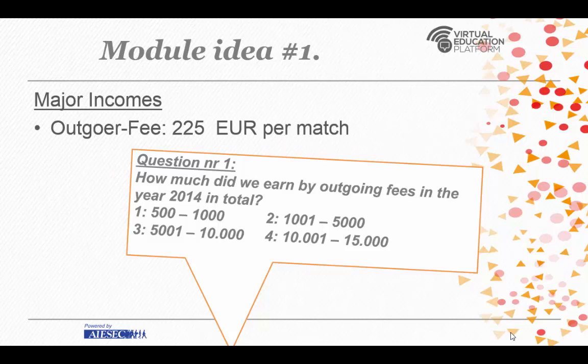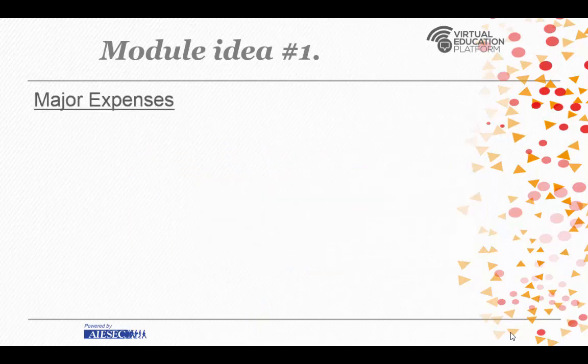After you've presented all the major incomes, you can continue with the major expenses. For most LCs, the major expense will be the LCCF. So you can tell them the LCCF is somewhat the affiliation fee of an LC to the MC. With the LCCF, the MC is financed, and people on the MC will be paid, and the money will be used to finance the NSB, to finance IT infrastructure, some software which we're using, Salesforce, Exact, and so on.